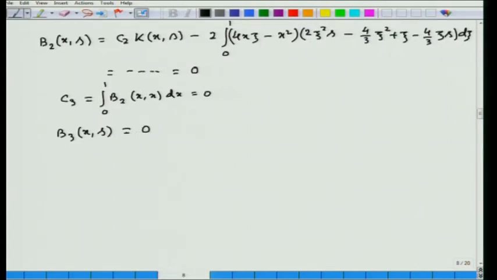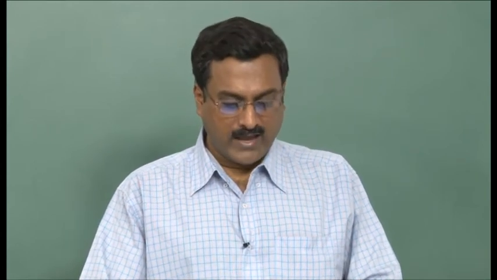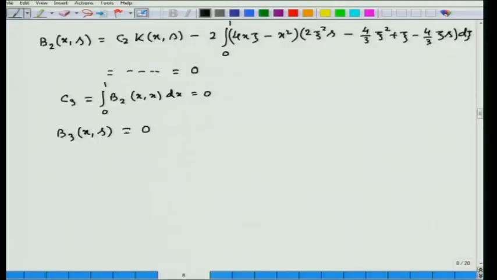So, C3 equal to 0 and b2(x,s) equal to 0 will give you b3(x,s) equal to 0, and therefore, C4 should be equal to 0 according to the formula C4 equal to integral 0 to 1 b3(x,x) dx, and therefore, b4(x,s) equal to 0,